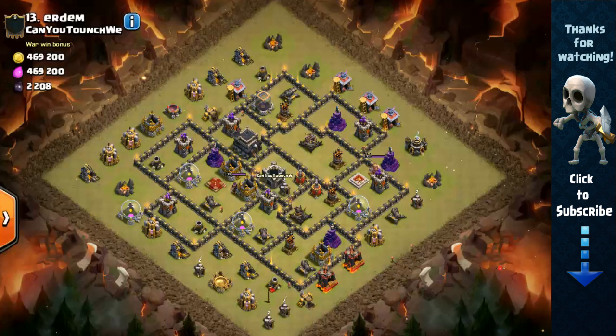Now, when planning out your attack, you need to be aware of all the possible double giant bomb placements, as 2 well-placed giant bombs can knock out all your Hog Riders in one shot within that vicinity. So let's check all the possible double giant bomb placements. Possible here, possible here, here, here,